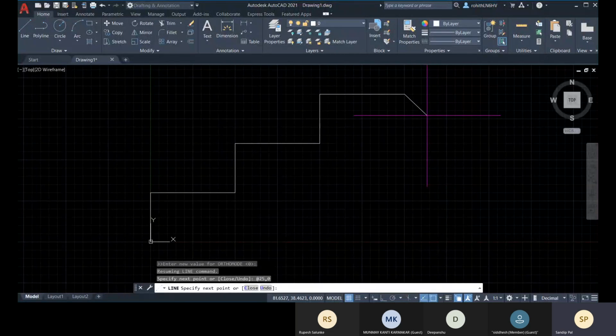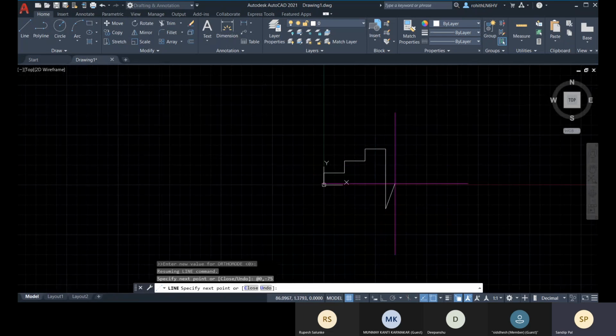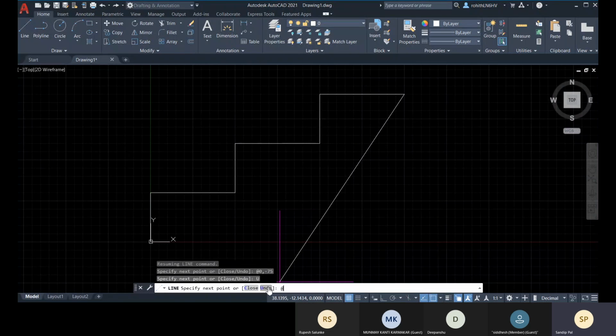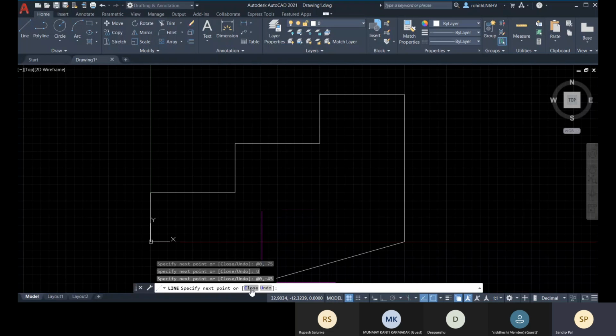Now let me go for @0,-75, enter. Sorry, not 75, it will be 45. @0,-45, enter. Now I can close it.